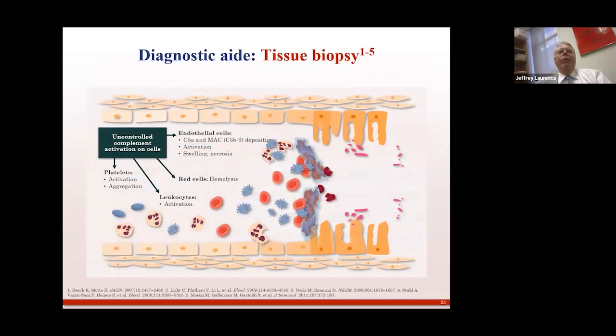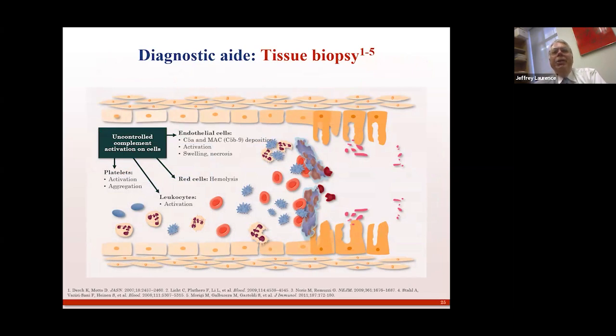And what about diagnostic aids? What about tissue biopsy? Well, this is a schematic. If this were TTP and you biopsied a small vessel, and these are systemic diseases, so you can biopsy anything you want. We tend to biopsy kidney and normal skin, but anything vascular is fine. You're going to find a clot. If this were TTP, you'd find a predominantly white clot with a lot of platelets. If this were HUS, you're going to find a predominantly red microfibrin clot.